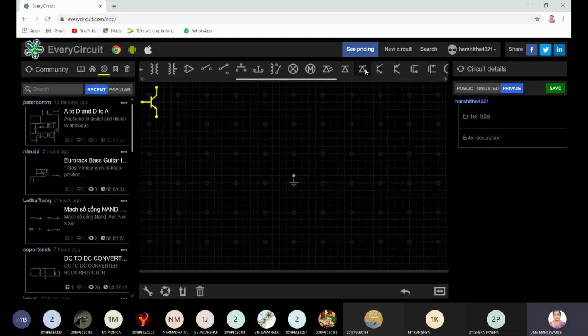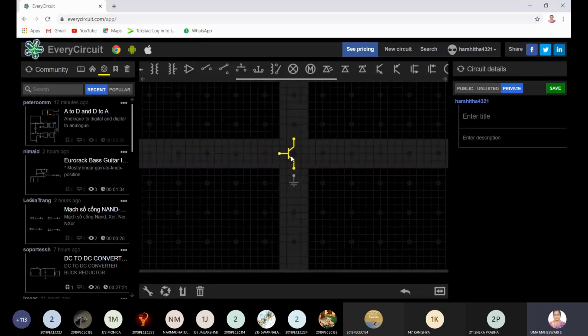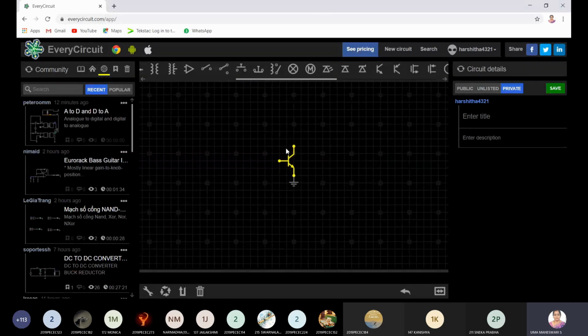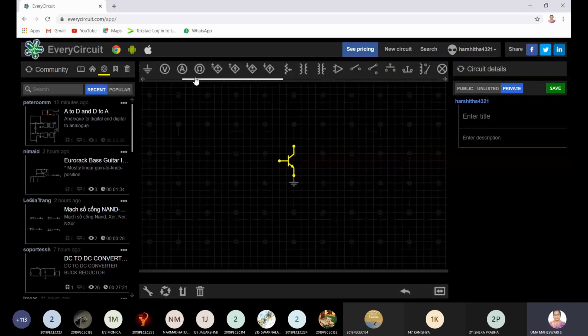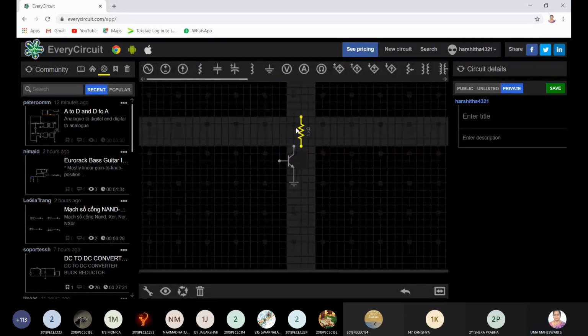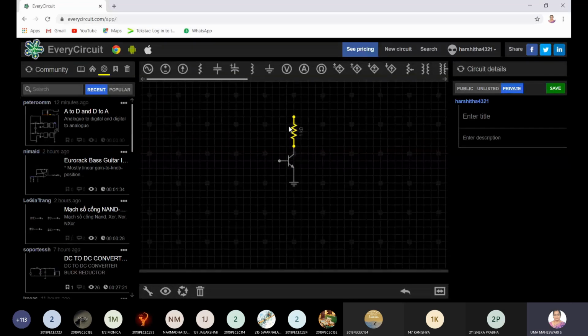NPN transistor. When you click the component, it will come. The component is present in yellow color, so you have all the flexibility to access it. Wherever needed, you can drag it and place it. Can you tell me what the collector resistance value is? Collector resistance is 1K. The default value your software provides is also 1K.